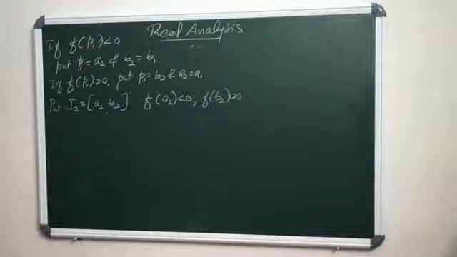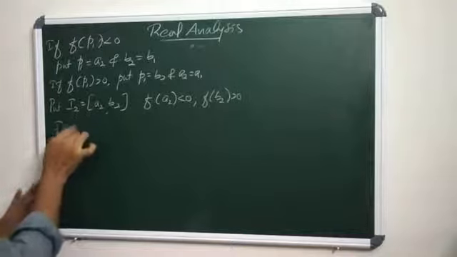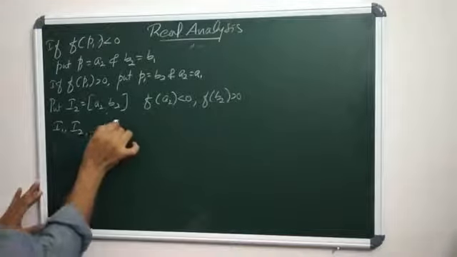So f(a2) is negative and f(b2) is positive. You can continue this process of bisection. Then suppose there exist intervals I1, I2, and so on, Ik,